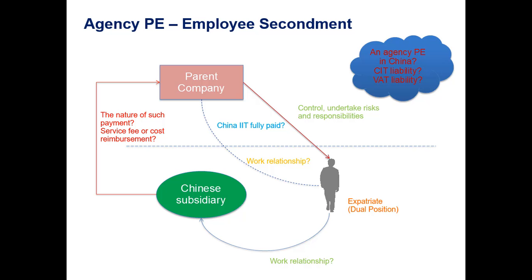Did he constitute an agency in China? If he is working in the local subsidiary but is still controlled by the overseas parent company, and his activities can represent the parent company, signing business contracts, doing business activities, his activities can be regarded as agent of the parent company and will constitute, since he stayed in China for a very long time, it will be regarded as an agency PE. If there is an agency PE, as I have mentioned,